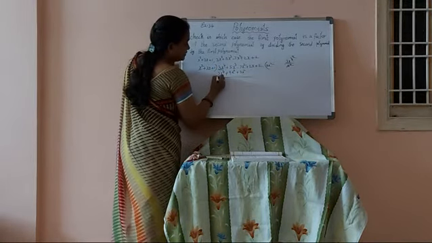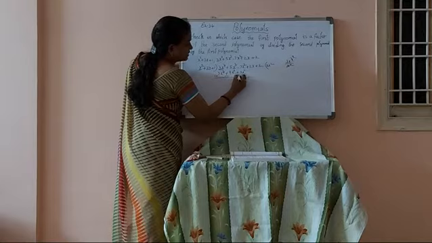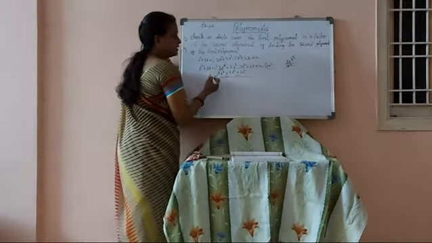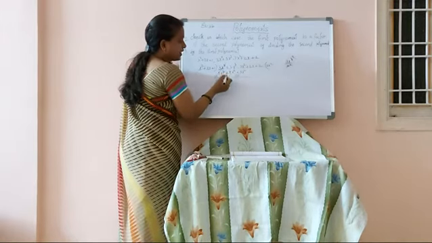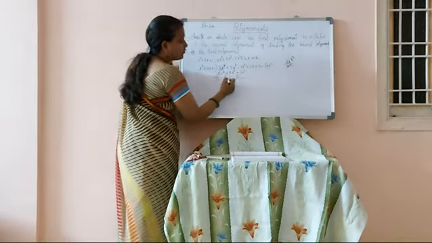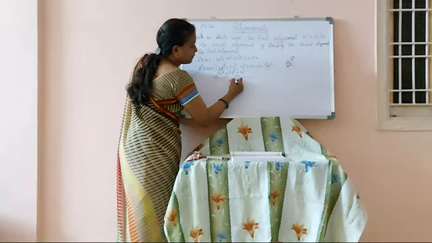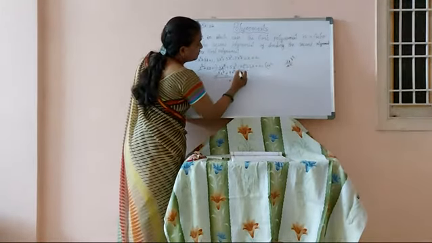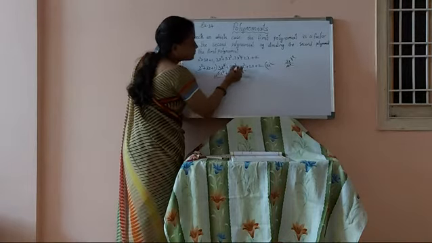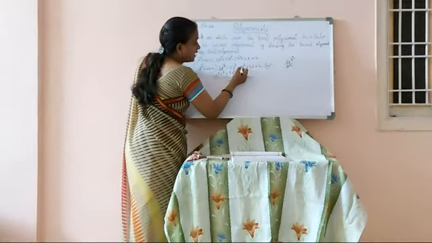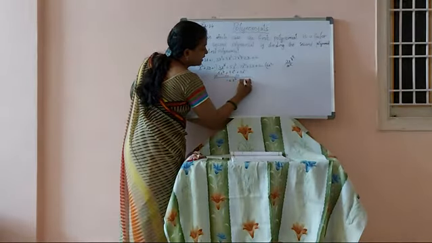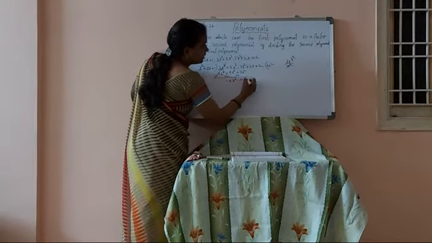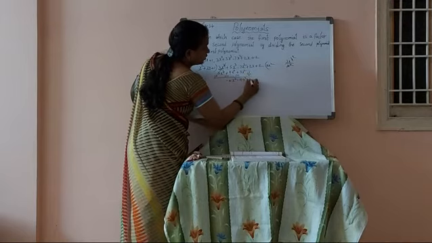Now change the symbols: minus, minus, minus. So this one gets cancelled. Plus minus gets cancelled. 9 minus 5, different symbols, 9 minus 5, 4x cube. Subtraction. Before the big number minus is there, so put minus. Here minus minus, same symbols means we have to add. 7 plus 3, 10, 10x square. Before the big number minus is there, so put minus. Now bring down plus 2x.